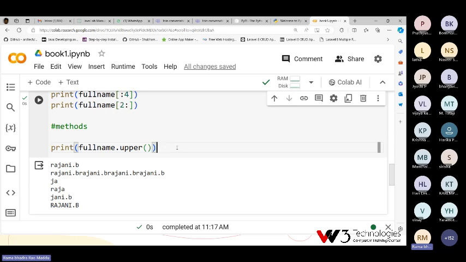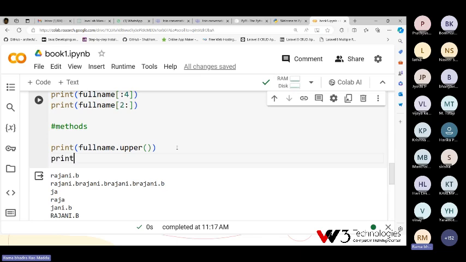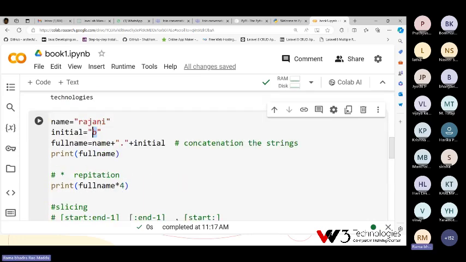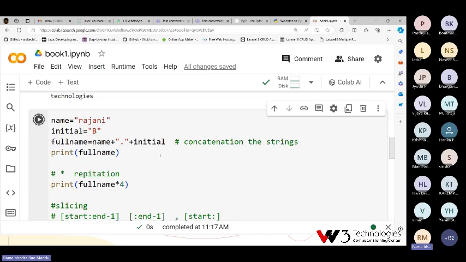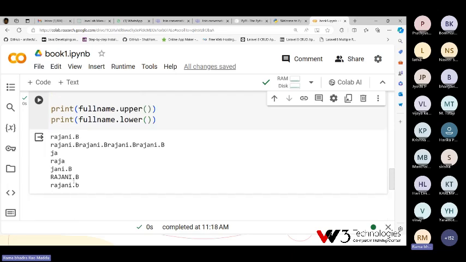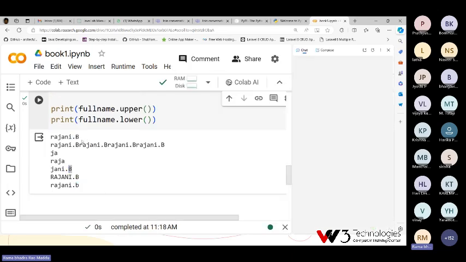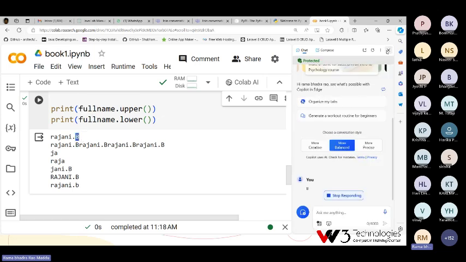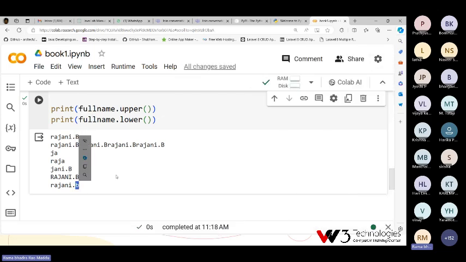For this understanding purpose I am giving B as a capital, so then it will be converted into lower. Everywhere it is capital, so it is converted into lower.